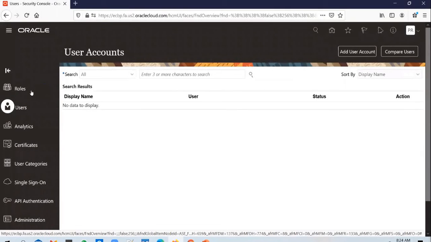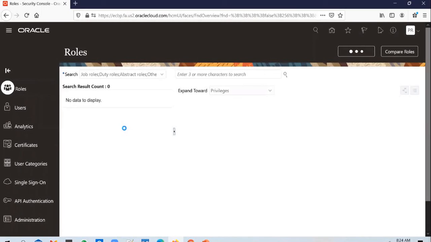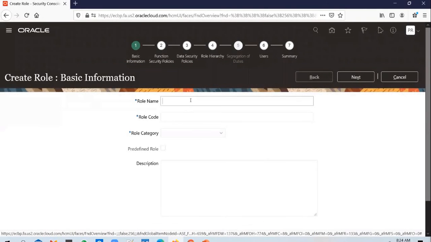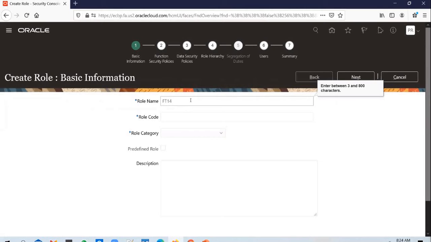Go to user roles and try to create a new role. You can call it FT14 AR custom ESS job access role.